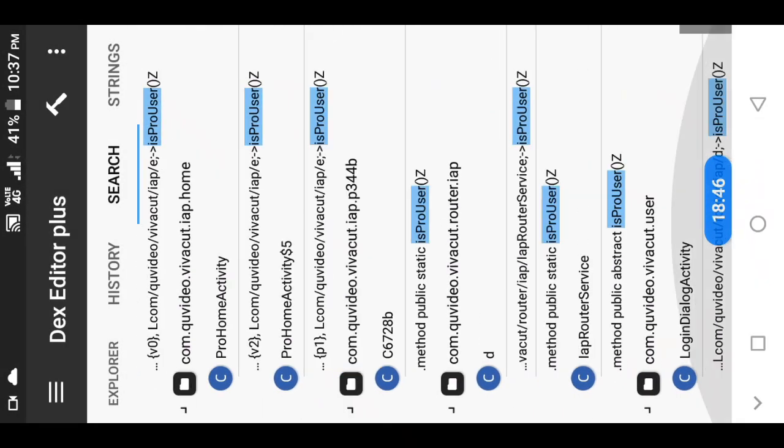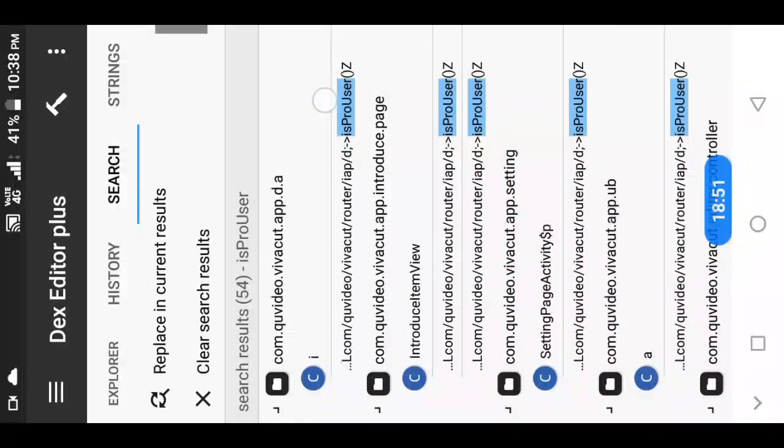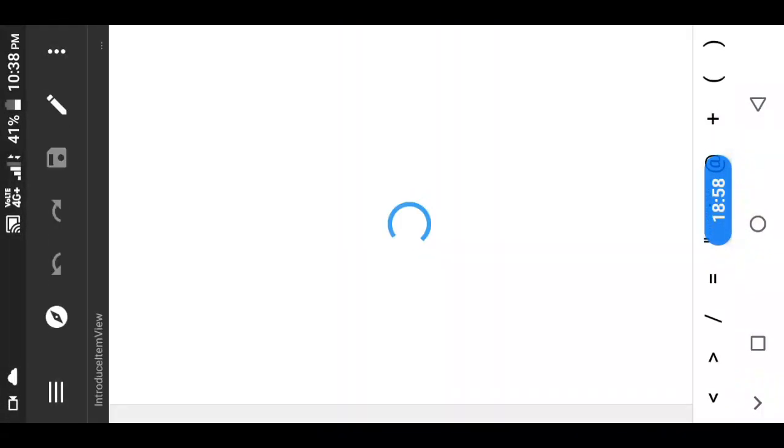So you can see now we have got multiple results here. So you can see, once we have got each pro user, they are using it in many ways.